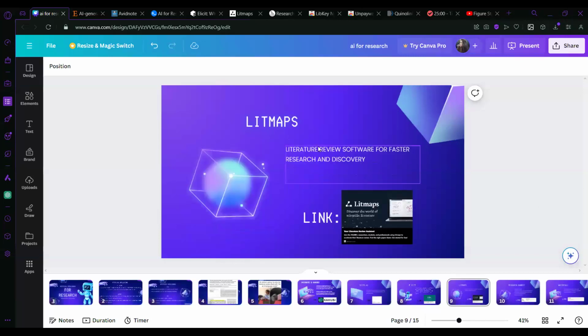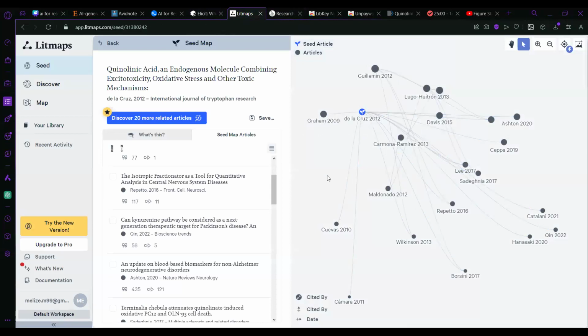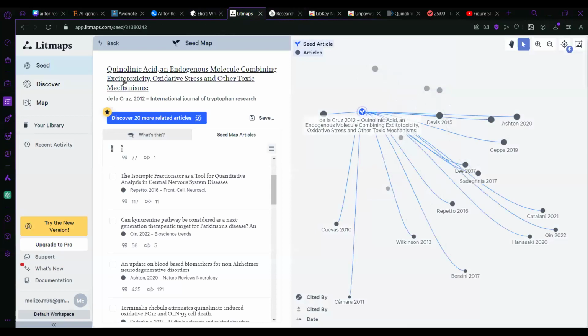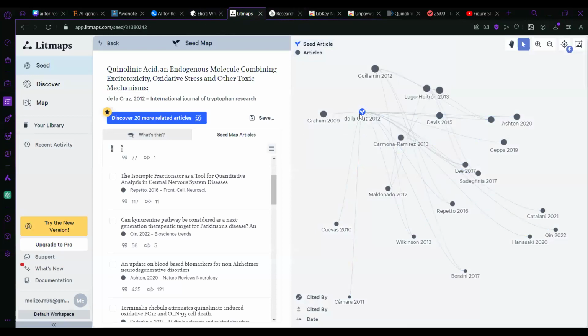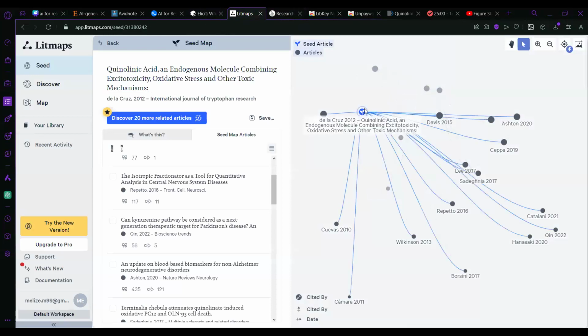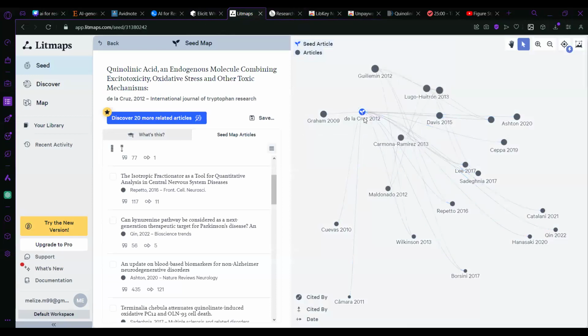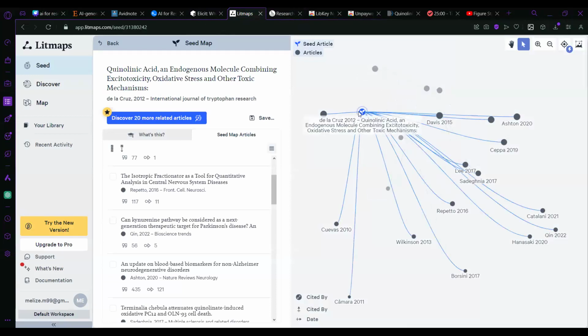But yeah, this is just a fast way to go through a lot of information. And then next is lit maps. So lit maps and Research Rabbit, the next one, they are quite similar. In my personal opinion, I like Research Rabbit more, but lit maps is also very cool. So yeah, this is the quinolonic acid article that I use a lot. As you can see, it is there in the middle. All of the blue lines connecting it is what other people have referenced or they have referenced themselves.